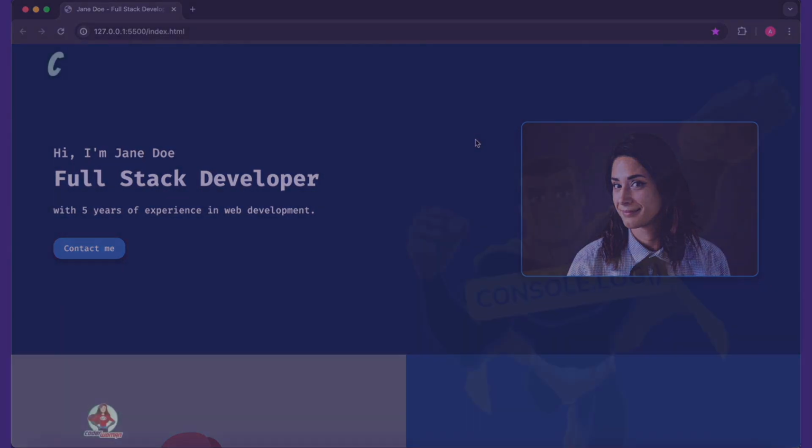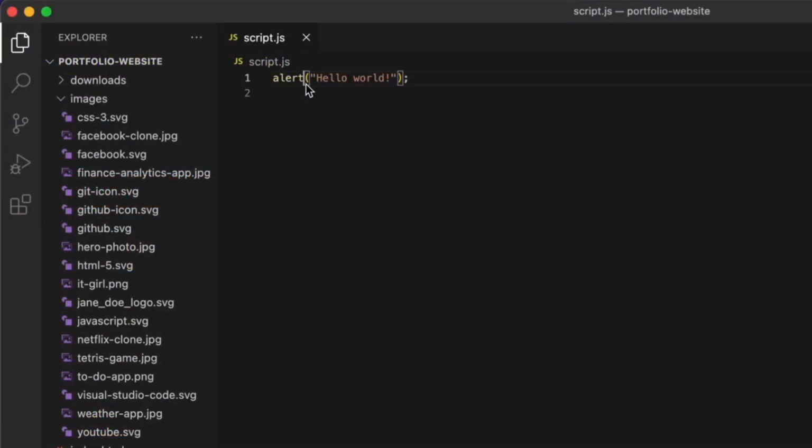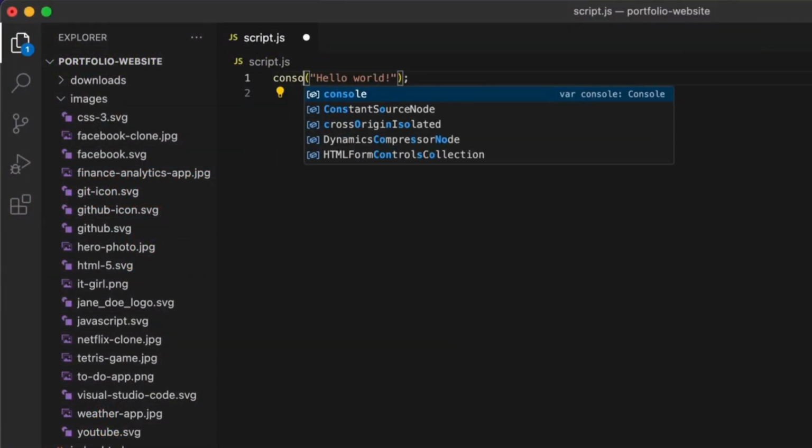Now I'll introduce you to your new best friend in JavaScript, the console.log method. It's similar to an alert, but much better because it doesn't interrupt your work by needing you to click OK. With this method, we can display different things in the console. Let me show you an example. I will now switch the alert to console.log,